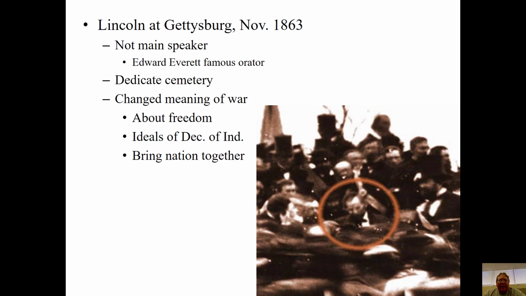And in a way, he's trying to say, look, this is going to be one country again. We know that because we won this battle. And the question is, what kind of country are we going to be? Is it going to be one that still is half free and half slave, or is it going to be all free? And Lincoln's saying it has to be all free, otherwise this war is for nothing, and we'll find ourselves in the same place we were again.